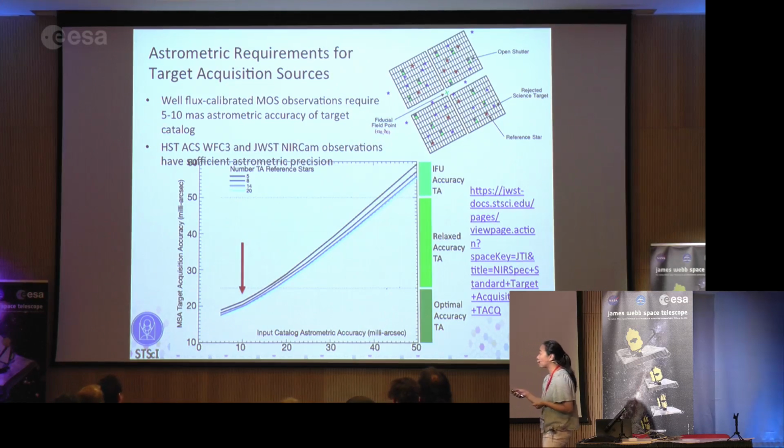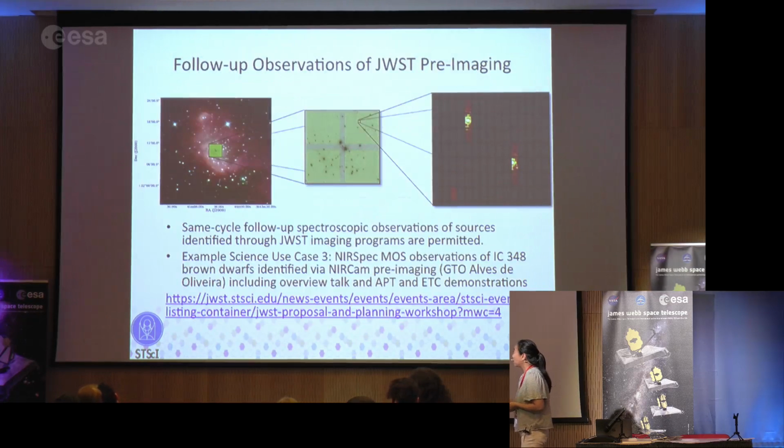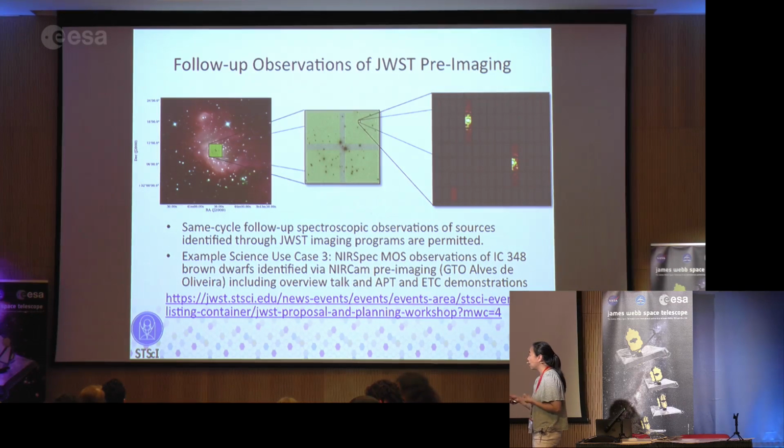And so this requires HST ACS or WFC3 pre-imaging to understand the positions of the targets well enough, or JWST NIRCam observations. Which brings me to my next slide: during Cycle 1, it will be possible to propose follow-up observations of JWST pre-imaging. So in these particular cases, your prime science interest is probably spectroscopy of targets, but you don't have sufficient astrometry to configure the MOS. And so you can ask for same-cycle follow-up spectroscopic observations of sources identified through